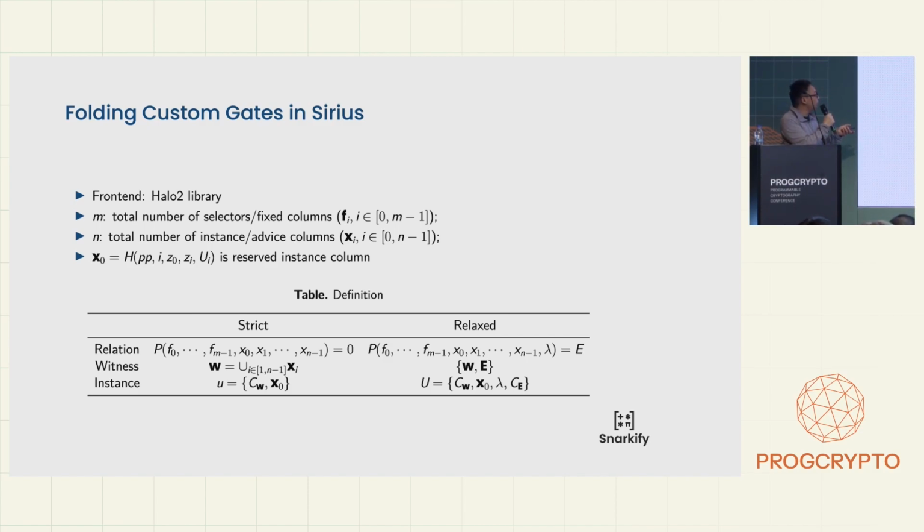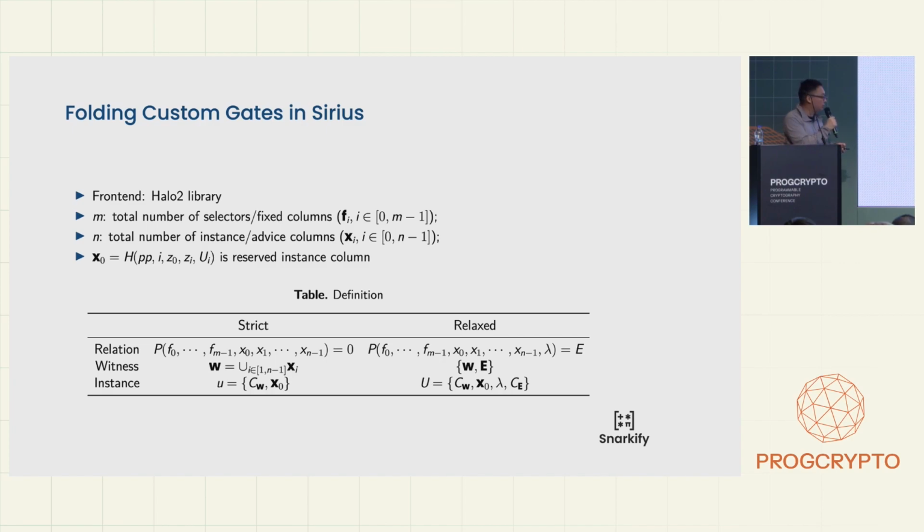So here the PP is the public parameter, i is the current step, and z0 is the initial input, and zi is the output after i steps, and the capital Ui is what I defined in the second column, the relaxed one. So basically what I mean by relaxed is following the Nova paper's definition,